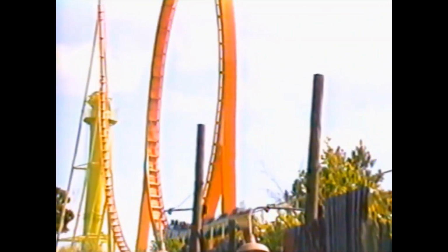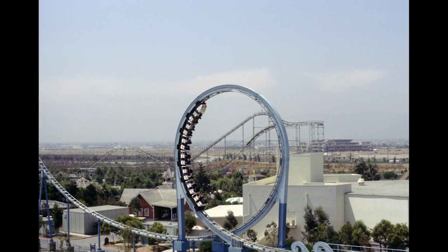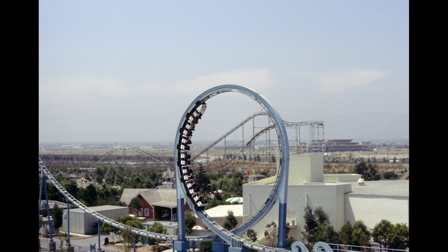After the initial success of the first three prototype models, Schwarzkopf constructed another three for the 1978 season. The first was a carbon copy of California's Great America's shuttle loop, also under the name Tidal Wave, which opened at Six Flags Great America in Illinois. This was likely ordered for the park around the same time the 1977 Tidal Wave ride was, as this not only had the same theme, but also was the last shuttle loop to use the prototype weight drop design,